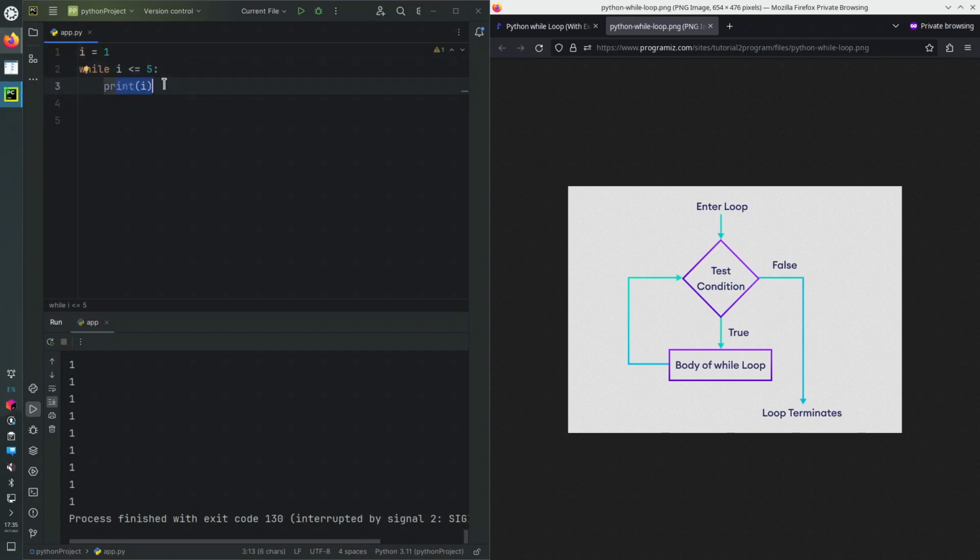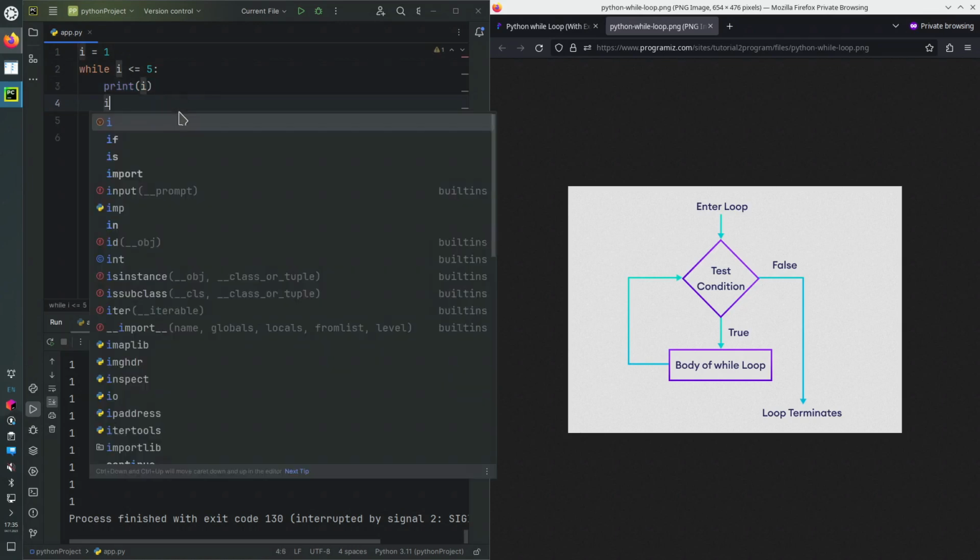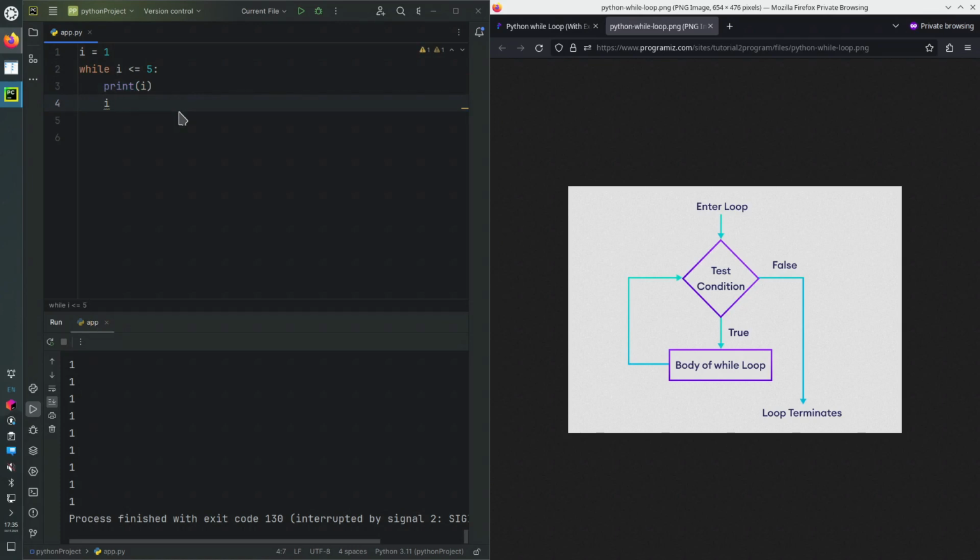So how we actually make this loop do what we want, which is print 1, 2, 3, 4, 5, is to actually increment I. So we go I equals I plus 1. Okay, let's run it